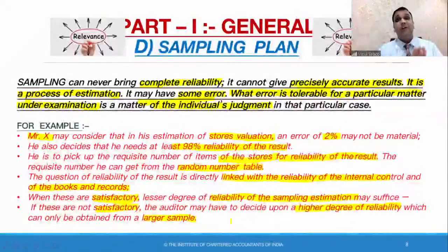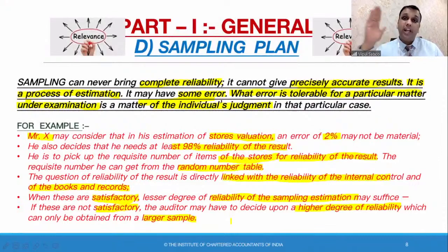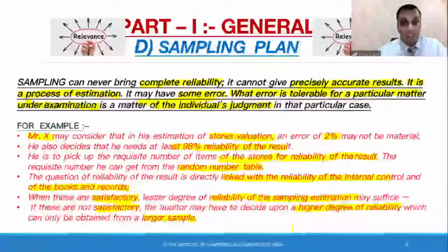But if I'm not satisfied with the internal controls and books and records, if I'm not able to achieve the level of reliability, to trust the controls implemented in the organization, or the books and records made available to me, I might decide, no, I won't take more risks further. I'll go for a larger sample selection, apply my audit procedures, and try to obtain a higher degree of reliability at this stage, if I have not obtained it in the previous steps of checking controls and books and balances.